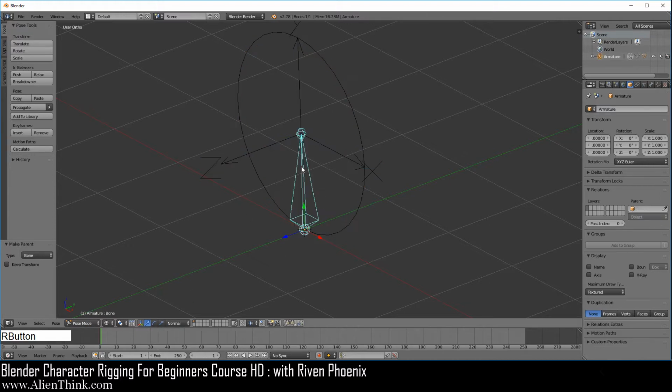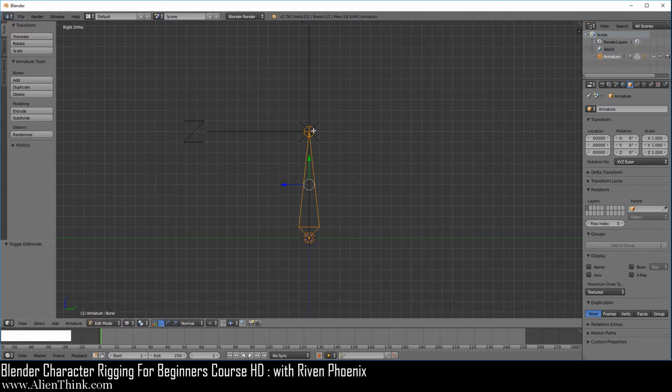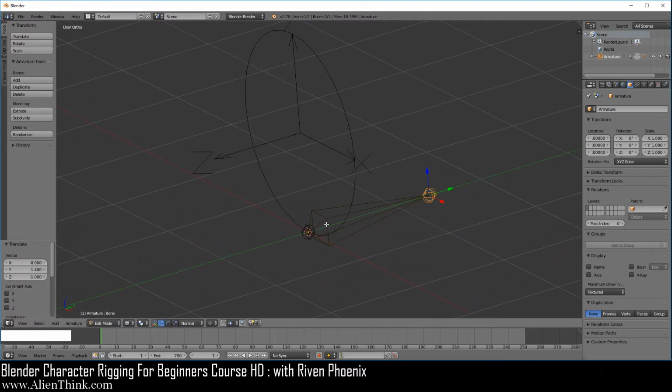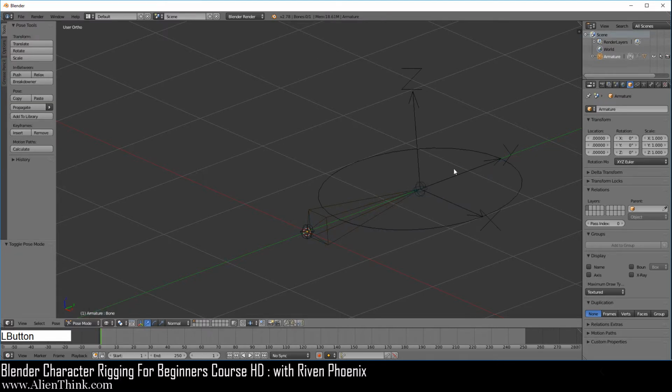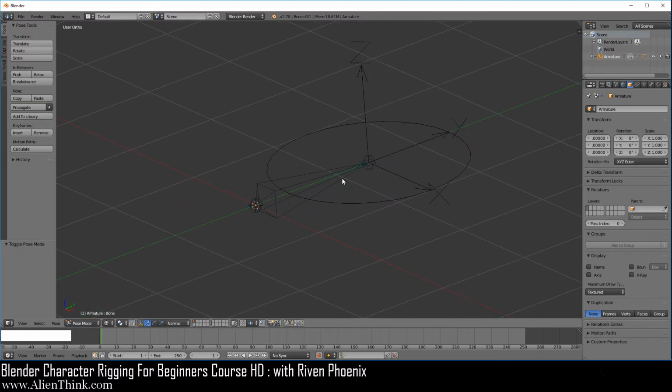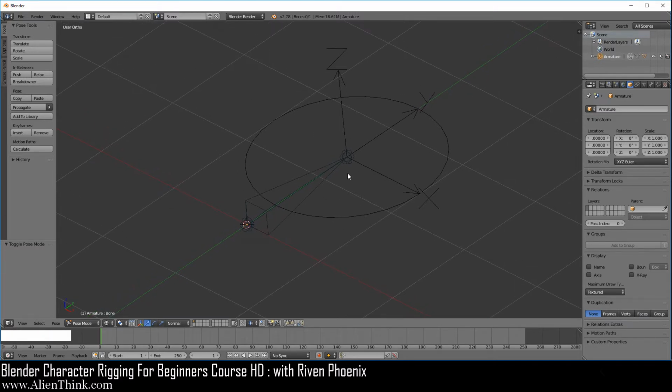Meaning that if you click on this bone and go to edit mode, go to the right view, click on the tail, press the G key, press the Control key to snap the bone to the grid and left click like this, you can see that when we rotate it and now switch to pose mode, it'll snap over here, right? Because this is how, as we've already seen, the bone is, right? Blender just puts it vertically, so it causes a bit of confusion when you're trying to understand this.